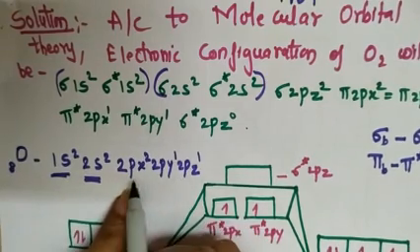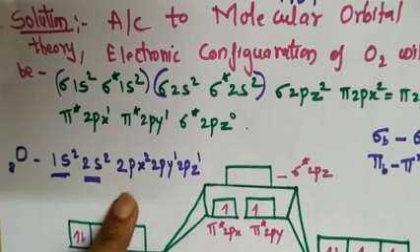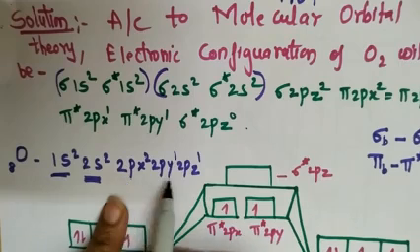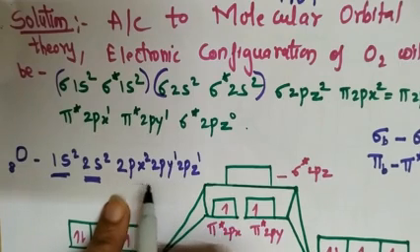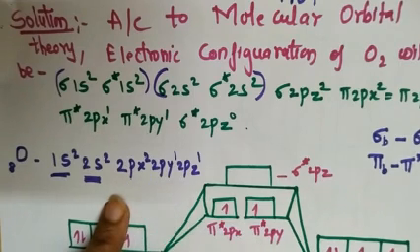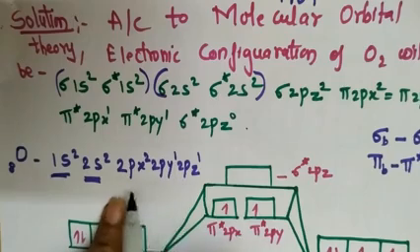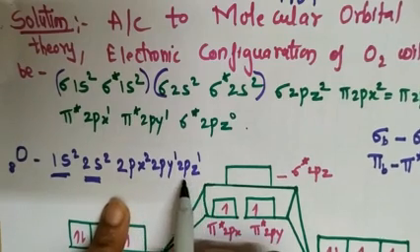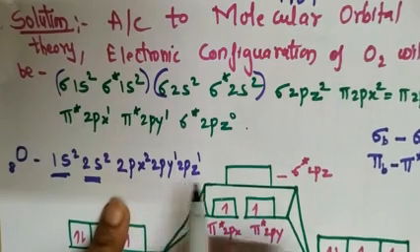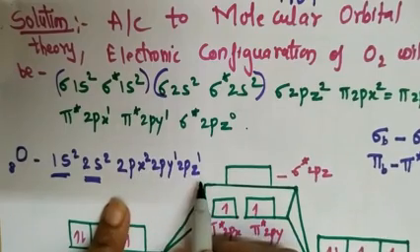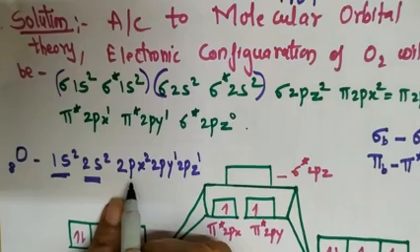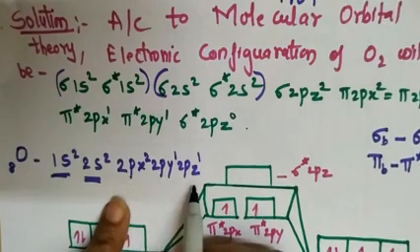Now for px, py and pz, one of the orbitals will be sigma and two orbitals will be pi, right? Any of you can take one of the orbitals. In books it is given for this p orbital. I can write this 2 here and this 1 here also, because any of the subshells can take up the electrons.